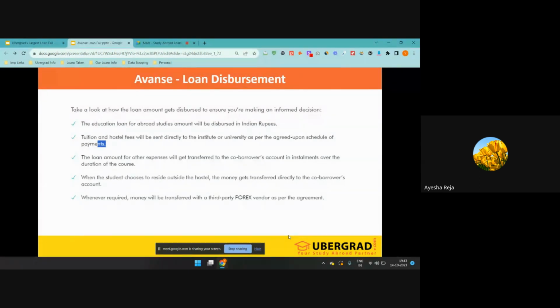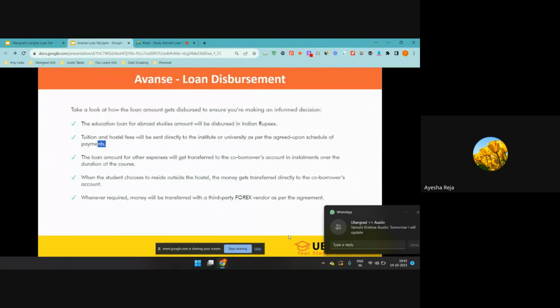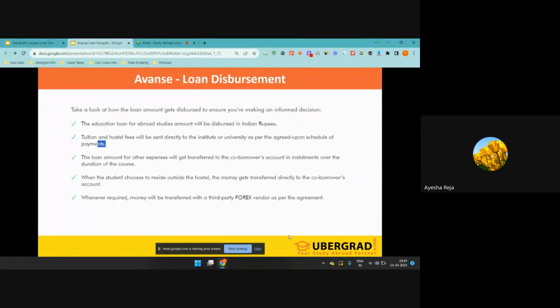And the EMI, suppose I have paid a university fee of 30 lakh rupees. After that, there will be an EMI. As I told you, the main EMI will start after 3 years, on the 37th month. But in this 3 year period, you need to pay partial interest, which comes to around 2,000 to 5,000. So whoever is the co-applicant in that loan, from their account the EMI will be debited.